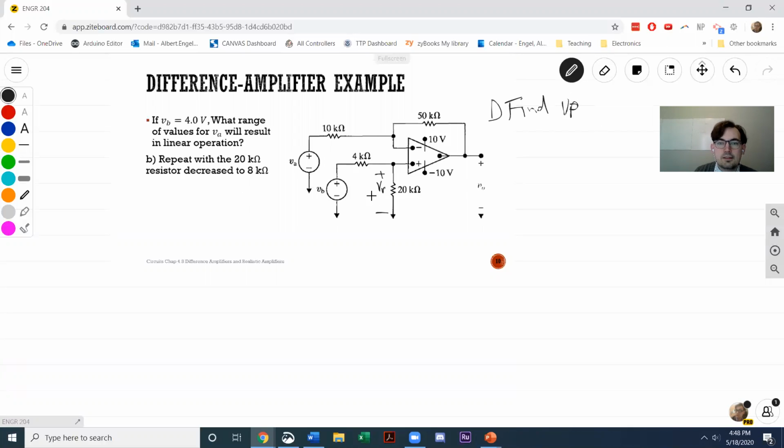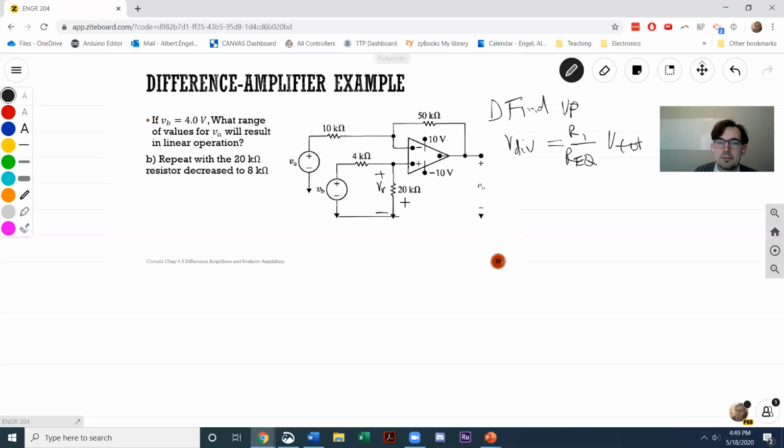To find VP, this is actually going to be a simple voltage divider, right? Because we want to know this voltage drop across this 20 ohm resistor, we can just say the total voltage drop, remember that these are connected, so this is our total loop here. We can say our total voltage drop is going to be VB, so we can say voltage divider. Whenever we have a voltage divider, it's going to look like our total voltage. We're going to have an equivalent resistance, and we're going to have our resistor in question, which in this case,